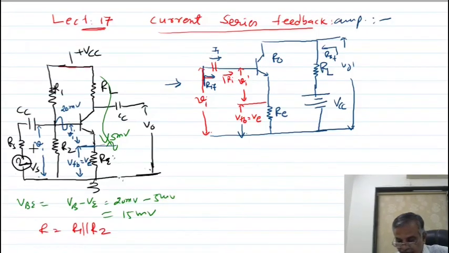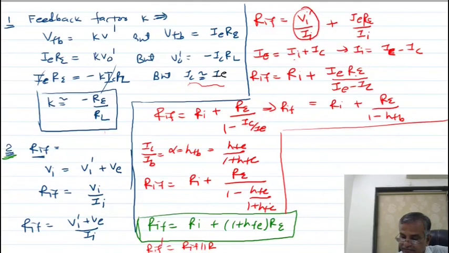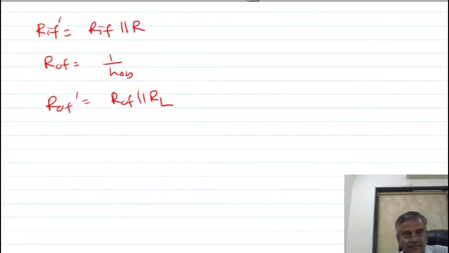These two are in parallel with what? Yes, RF. And the ROF is parallel with RL. RF is parallel with the R. What is R? Parallel combination of these two, R1, R2. ROF dash, ROF is parallel with the RL. So that I have written here, you can check. So this is your complete analysis of the current series